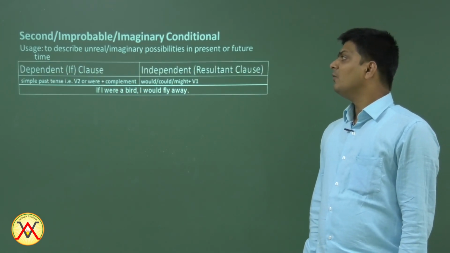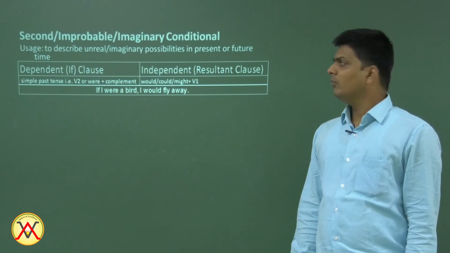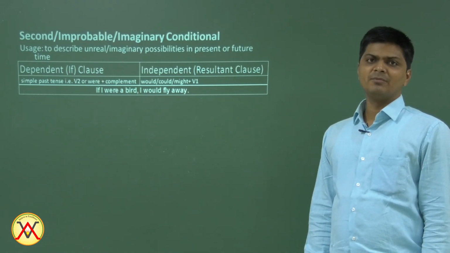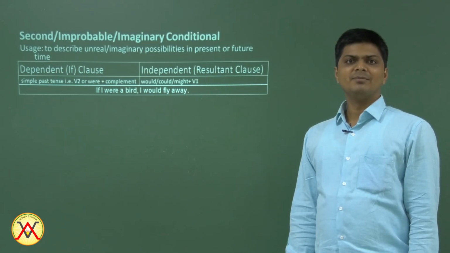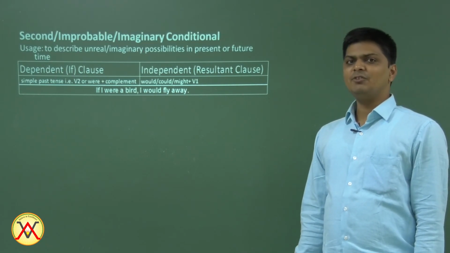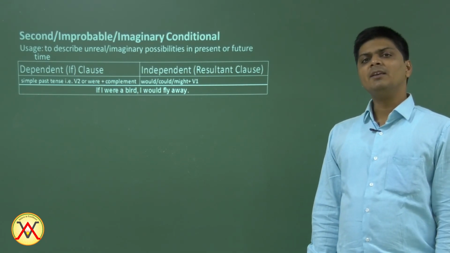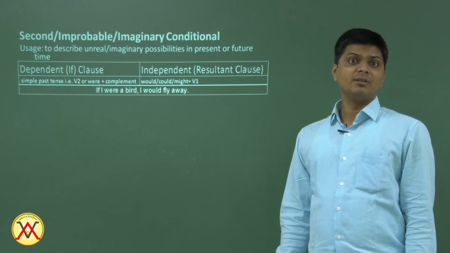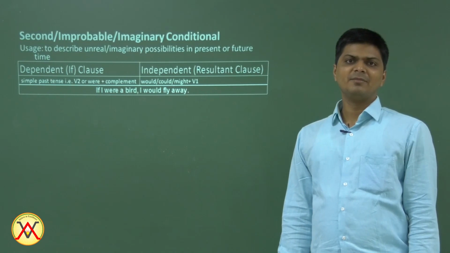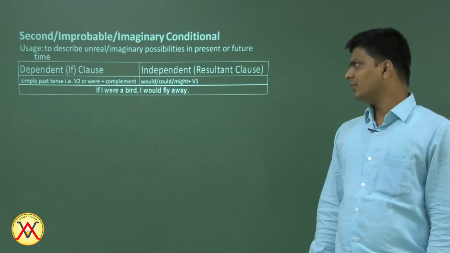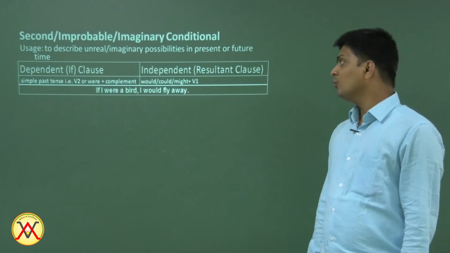The structure is this. We either use simple past tense, that is second form, or we use were plus complement. What is were plus complement? Well, it's simple. They were teachers. Now were and then teachers, like that. So were is were and then teachers is complement. Complement is a thing that completes a sentence. I'm a teacher. Teacher is a complement here. I'm hardworking. Hardworking is a complement here. It completes the sense of the sentence. So we use either simple past tense, which is second form, or we use were plus